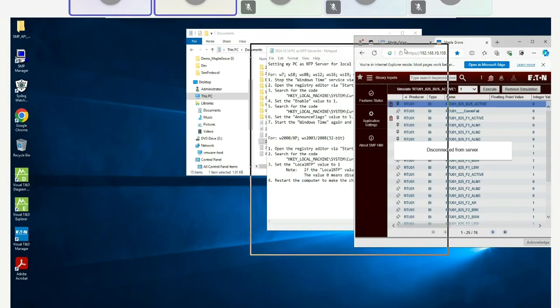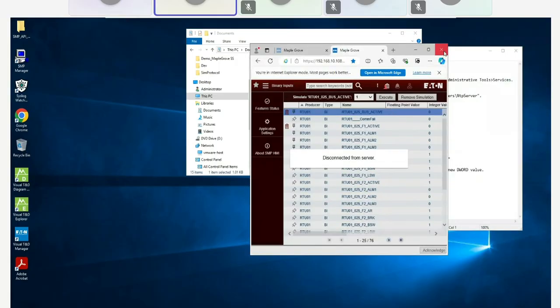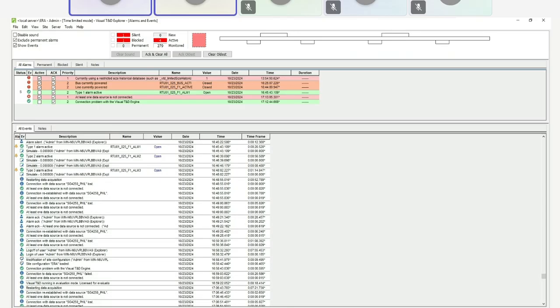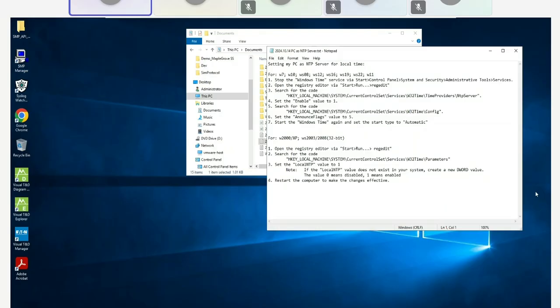So this is the Explorer you're showing, but what about the diagram editor? Tomorrow I'll show you the diagram. This is just the Explorer, because there's much more information from there.